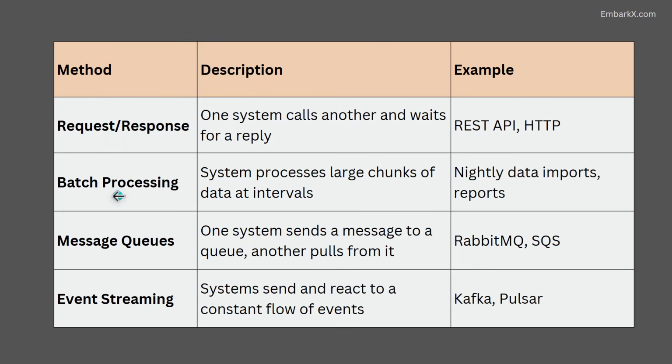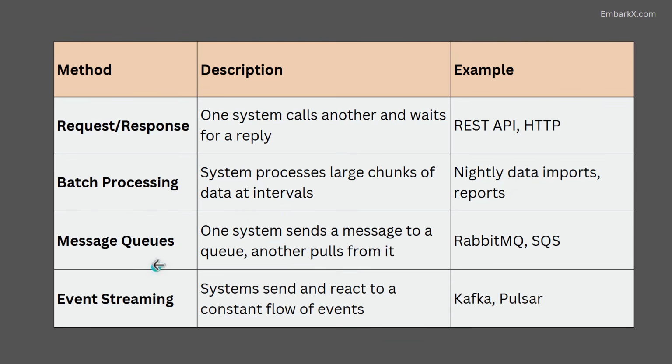Batch processing. Now what is batch processing? Batch processing is a way wherein a system processes large chunks of data at intervals, okay? An example of this is nightly data imports, and also report generation that you might do. So batch processing comes into the picture, wherein you are taking a large chunk of data and processing it together,